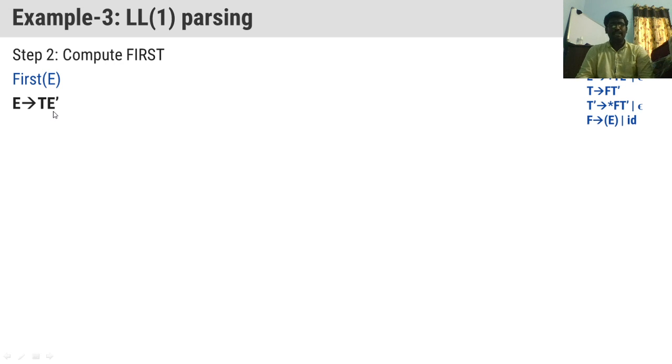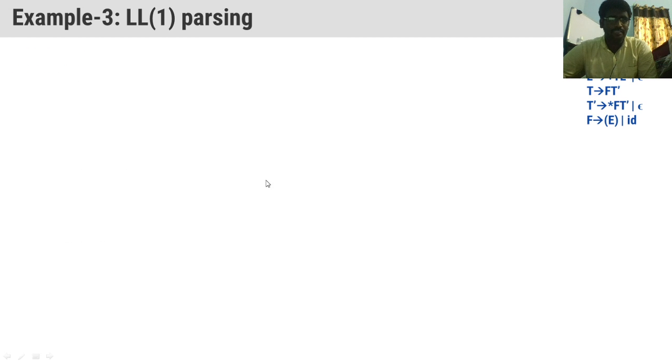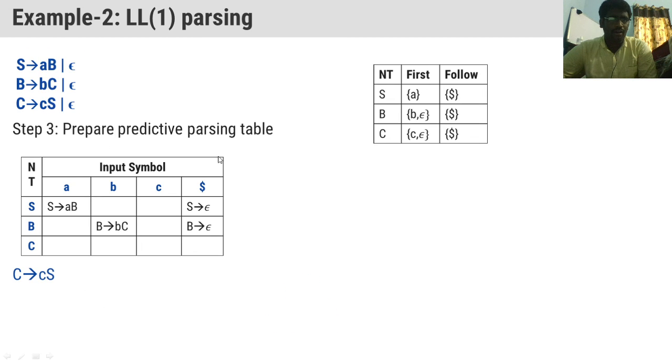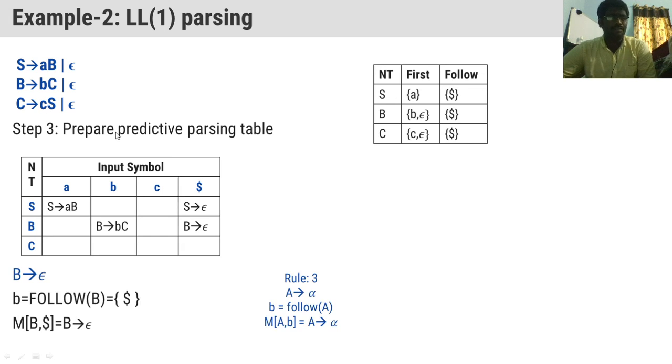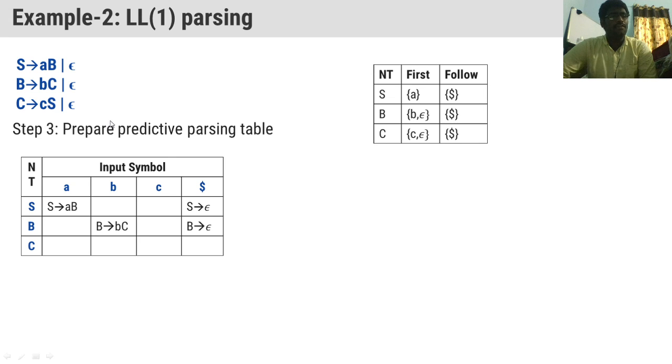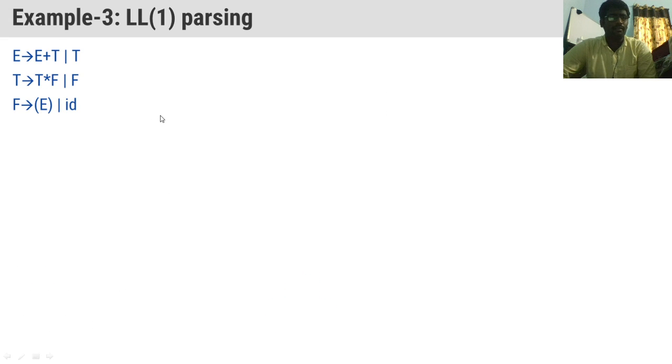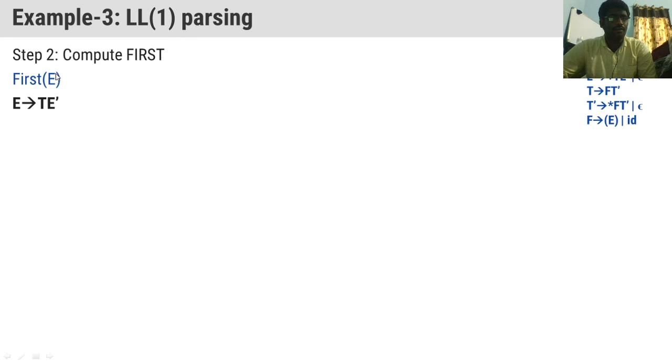Okay, before you take that, we need to identify whether it is a terminal or non-terminal. That's why in the previous examples I told you all the things are terminals only. Small a is terminal, small b is terminal, small c is terminal. That's why we have taken them directly. If it is a non-terminal, what happens? Again we will go for